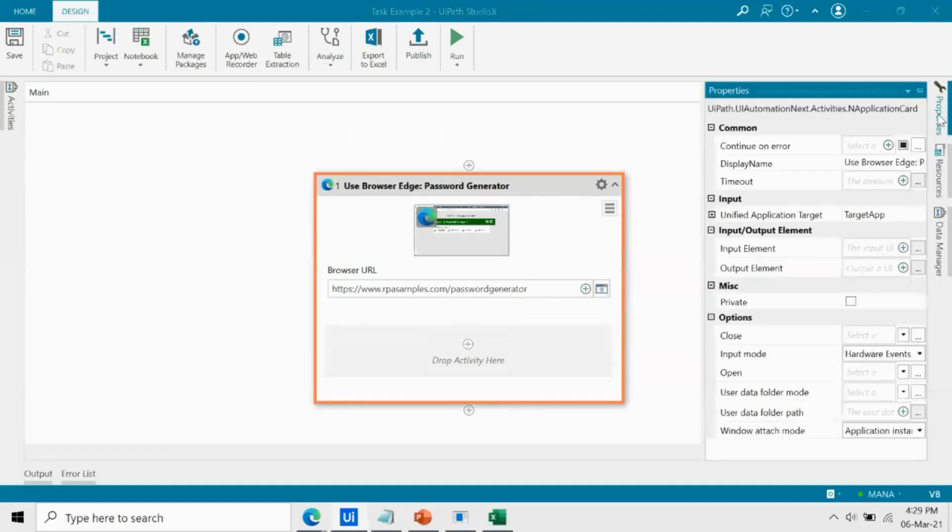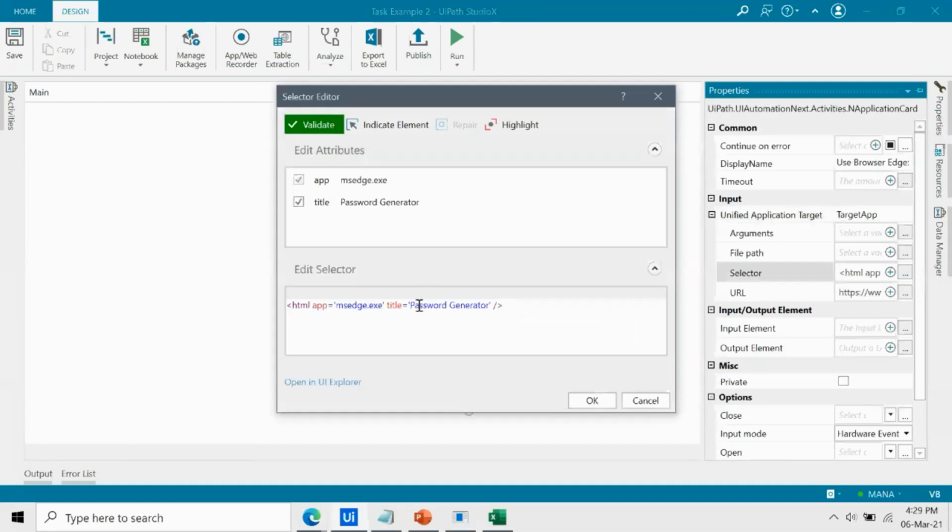So automatically the bot is able to capture the URL. So in this example, we can see that somehow there could be a chance that the title of the page may change. Maybe we have something like password reset generator. Okay. So in case you are working with such dynamic applications, then we should use wildcards in the selectors as well. Okay. So generally in the Studio X, since we are automating a simple task automation, this can be skipped, but it's good to know about the different properties of the selectors as well, right?